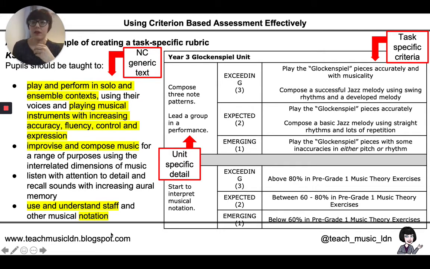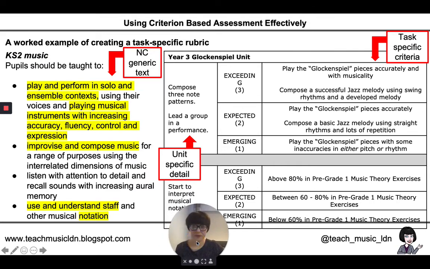So how do we then use this? Well, implementing rubrics successfully, to me, I would say that they are best done at curriculum planning level when you're deciding what you're teaching. So you're taking that national curriculum generic text when you're deciding what you're going to teach, and then you distill that down into, I think I've got 51 out of those 4 bullet points, descriptions really of what you expect to see. You want to see that they can compose 3-note patterns, they can lead a group in a performance,